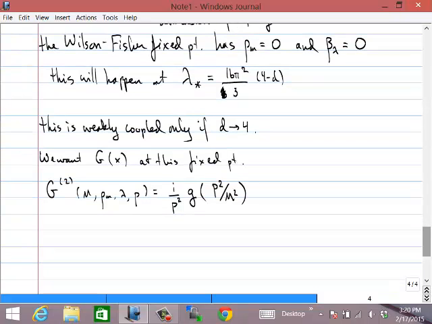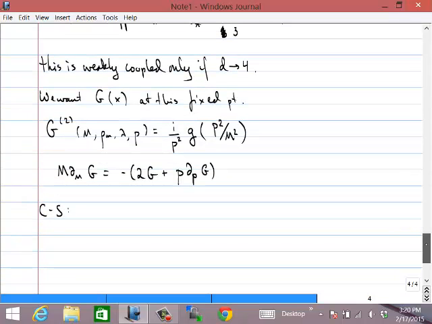And so that means that if you studied the change of this with respect to the renormalization scale m, then that is completely equivalent to studying the change with respect to the momentum p. So the Callan-Symanzik equation, which started life as an equation where we studied the derivative with respect to the renormalization group scale, now becomes